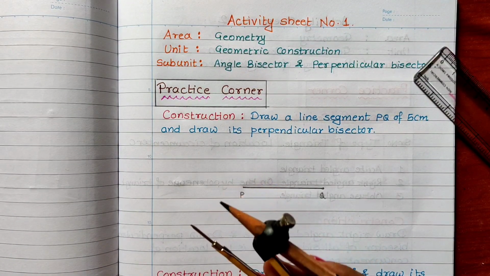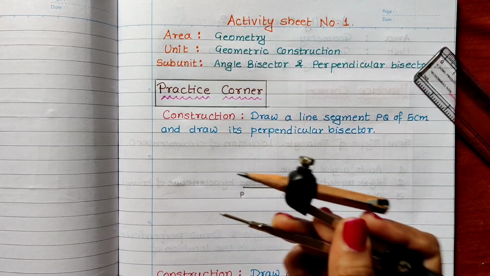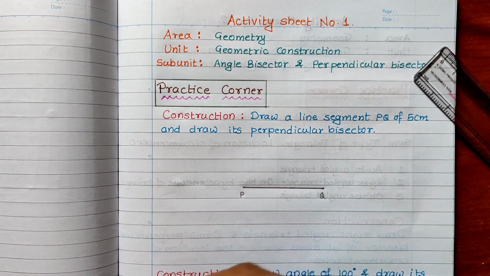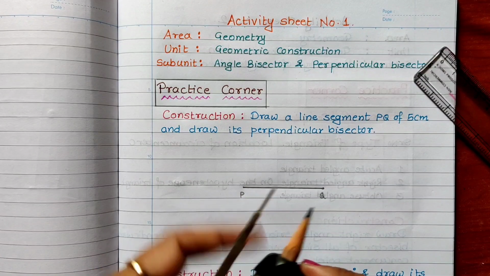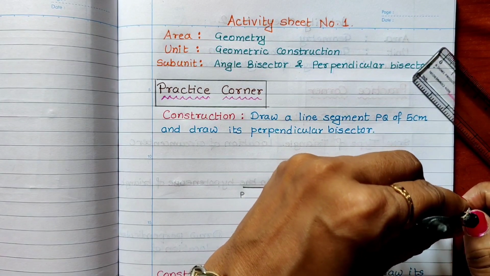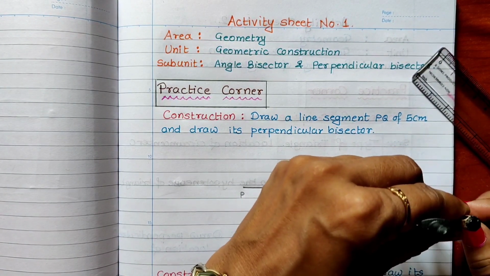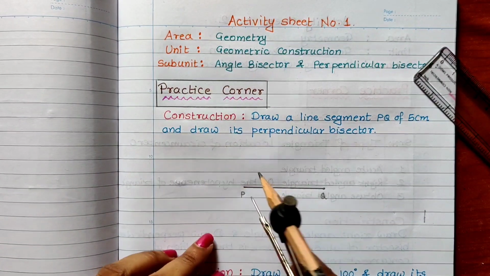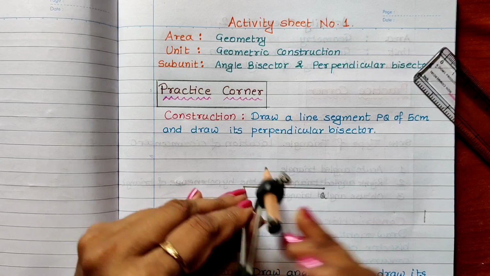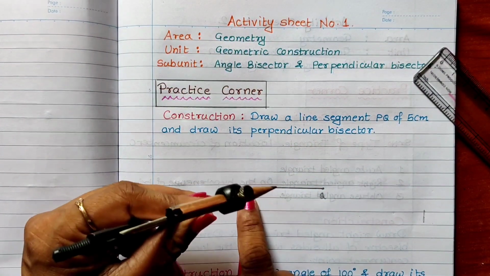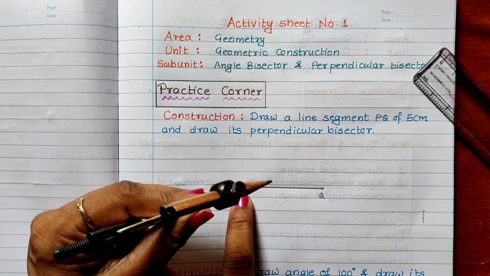As I will have to bisect it, I will be using my compass. See that the pencil and the tip of my compass are in the same line. I will put it on the page and see whether it is in the same line or not, and I will fix it. Now, this pointed tip I will put on the point P. I will take more than half the distance. When we put this metal tip on a point, it is known as the center point.